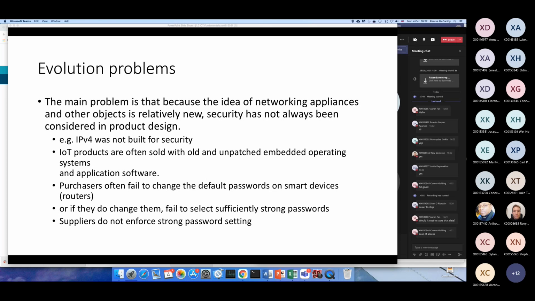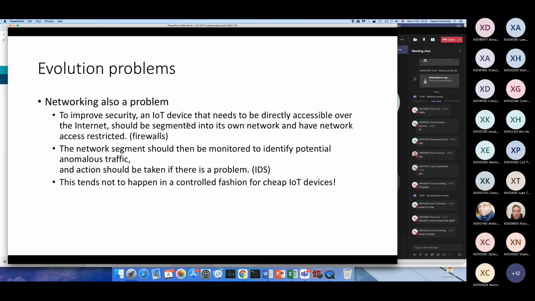I'll give you another few issues, right? Networking itself is an issue, right? So an IoT device that needs to be directly accessible over the internet should be segmented on its own network. So what does that mean? Well, hopefully we'll do it in a lab in a few weeks' time. But essentially what I mean is, if you have a lot of IoT devices in your house, you should have them on a separate